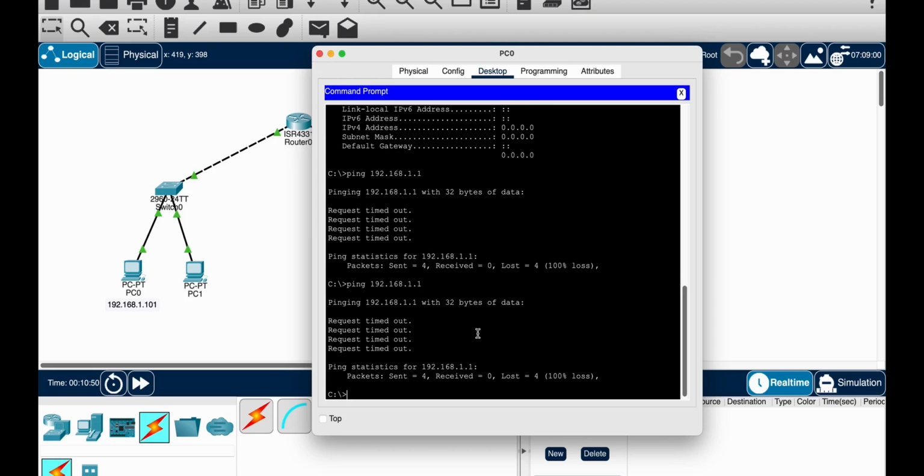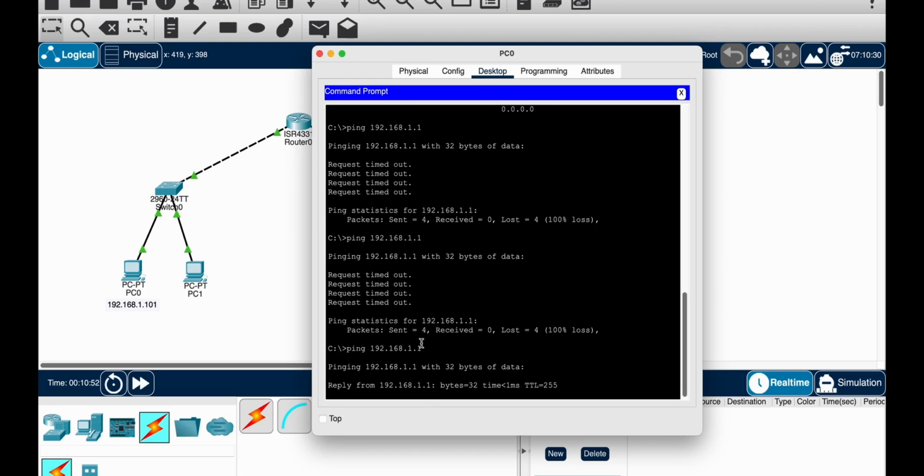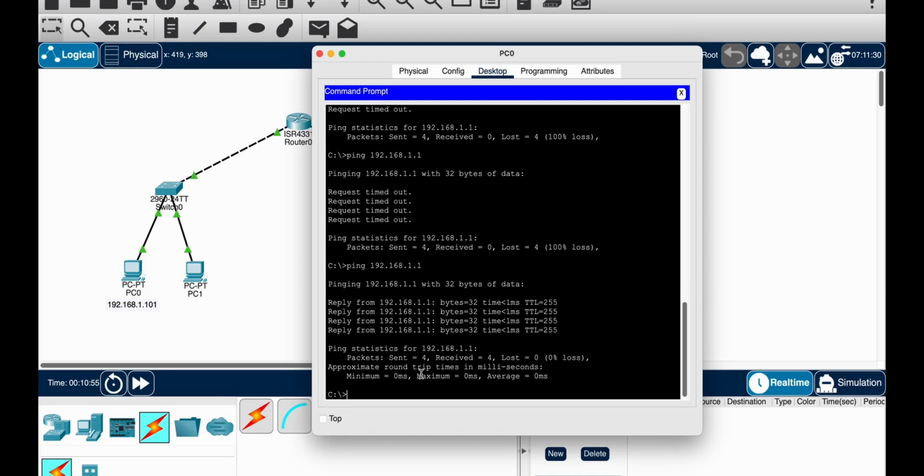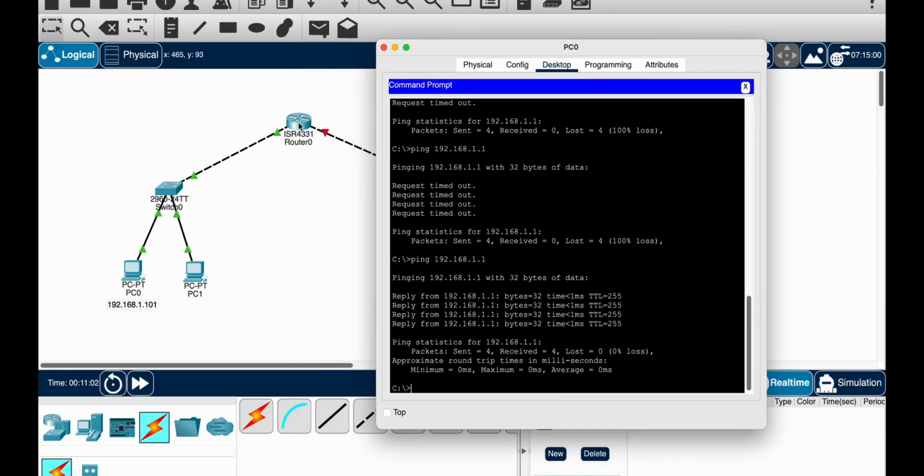Okay, so see, it works now. What was the reason? So the reason was that the switch had not communicated with the router properly. We did not make any configuration after turning the port on the router. This thing, which we have ignored up until now, you would have noticed, you can pause the video and go back and see that this thing had not turned green properly. When it turns green, it means all the internal protocols of switches and routers and PCs and everything have established connections, and the ports are now communicating properly. Okay, so as soon as it turned green, now we are able to do the communication with our gateway.